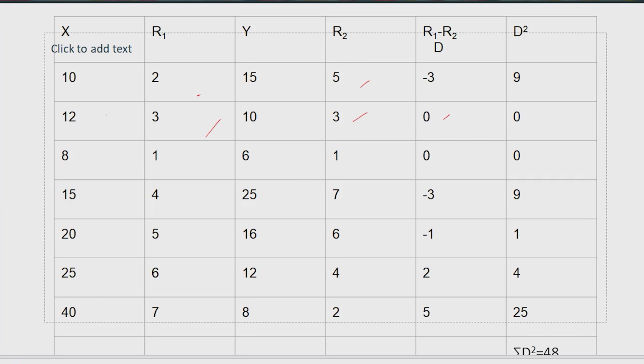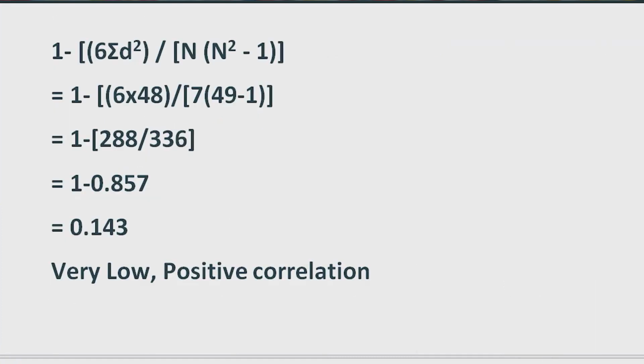Now you calculate D square. So when I calculate D square, I square the D value and then total it. In my case, it has come out to be 48. Now I put it in the formula which I had shown you. The formula is simple, you don't have to learn or remember much here, you just have to see there is a D term and the N. So when I put these figures and calculate it, I get the figure of